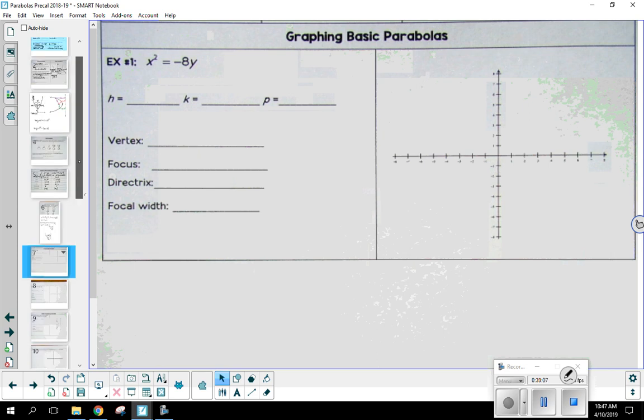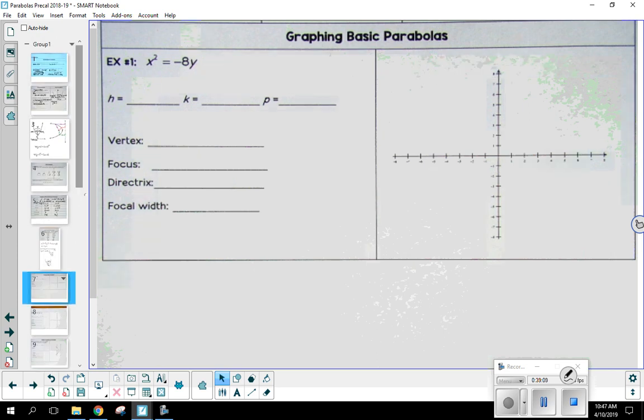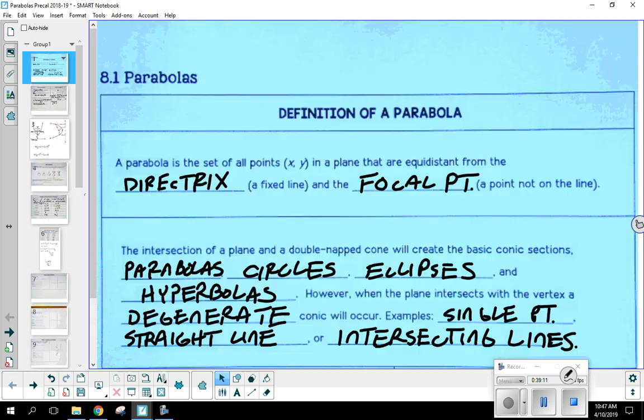Pass out the assignment. No, I will have it for you on Friday when you come in. I'm going to go ahead and wait. I'm going to let you enjoy your